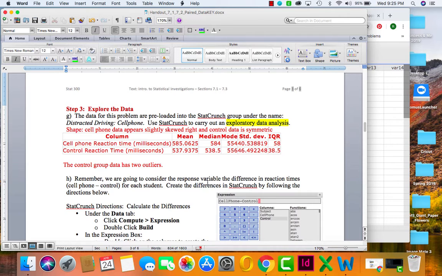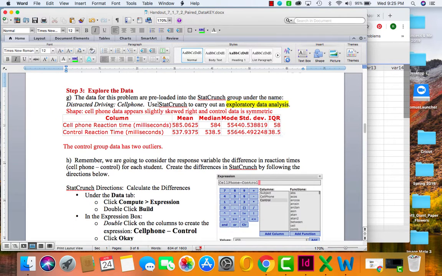Going back to our handout, use StatCrunch to carry out an exploratory data analysis. In the last chapter, chapter 6, we reviewed what an EDA, exploratory data analysis, was. Remember, it was those four things: shape, center, variability, and are there any outliers. The shape